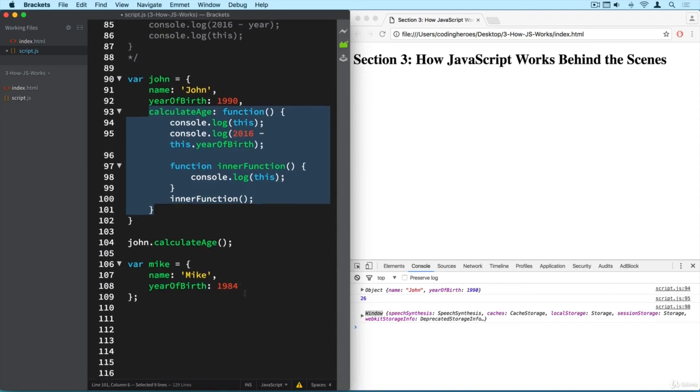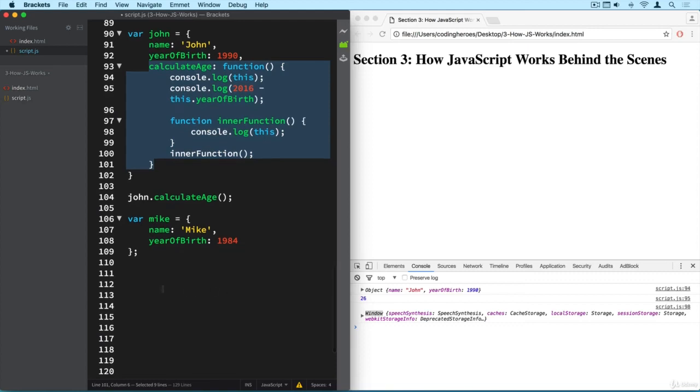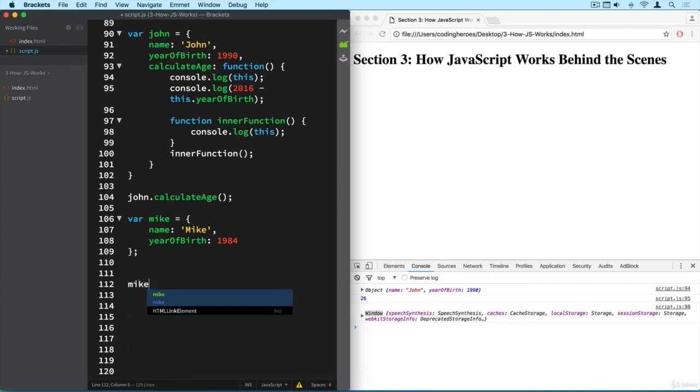But we could be really smart and instead do something that's actually a very common practice in JavaScript and that we will also use more in the future, and that's something called method borrowing. So we are going to borrow John's method to use it on Mike. And how are we going to do it? It's very simple. We just say that we want Mike.calculateAge to be John.calculateAge. Simple, right? So you see that in this case we don't have the parentheses, because these parentheses are for